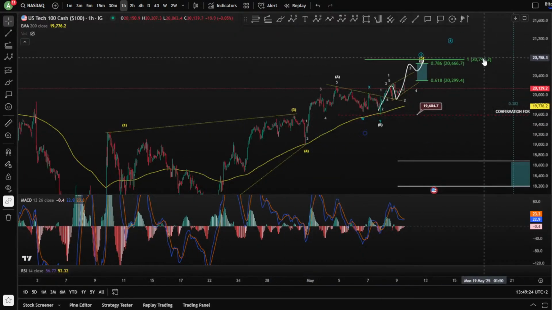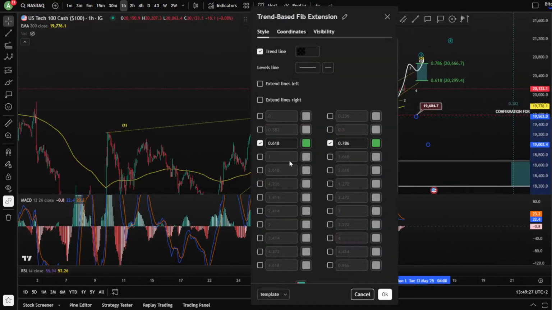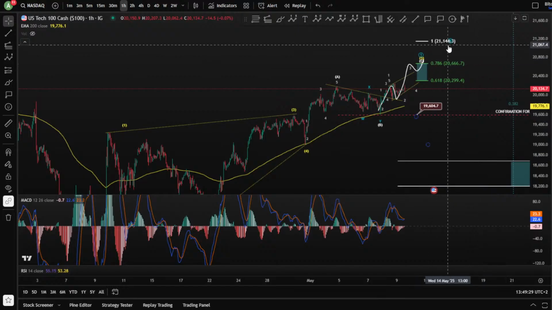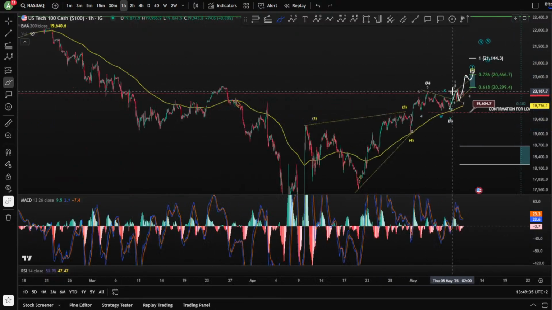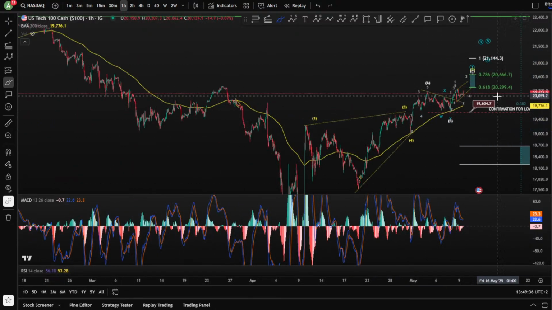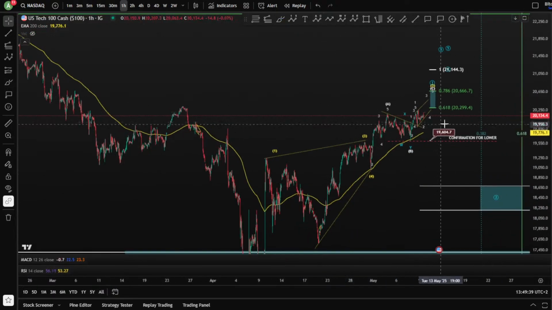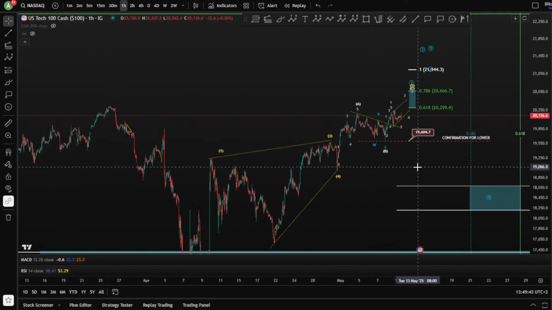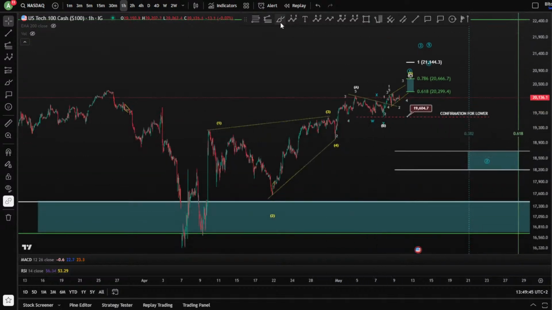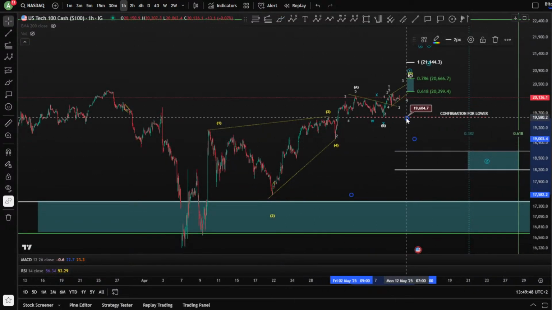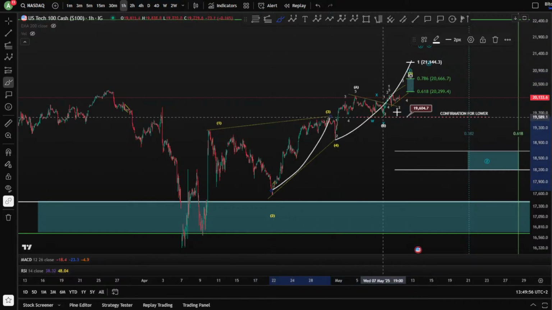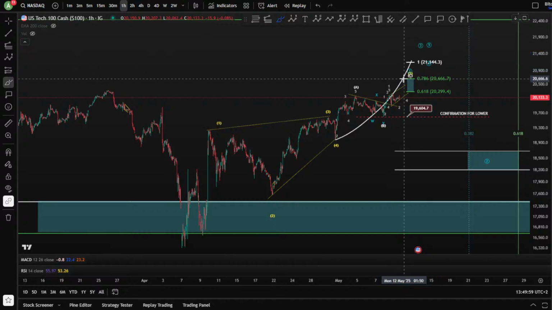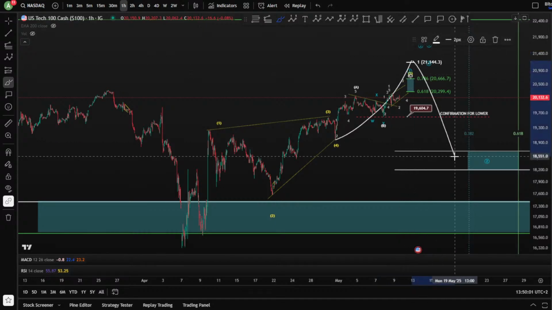Can be. All right. What you don't like to see is hitting the 1-to-1 fib level, this one at 21K. Why? Because for the wave 5, if you hit this 1-to-1 fib level, the wave 5 becomes invalidated, invalidation of the diagonal. Your wave 5 is not allowed to be longer than your wave 3, and this is taken from the wave 3 to the wave 4, and that means of course your wave 5 is not allowed to be longer than the wave 3.